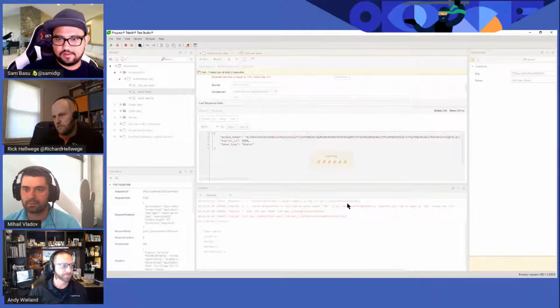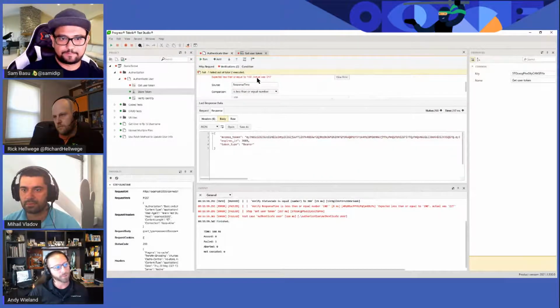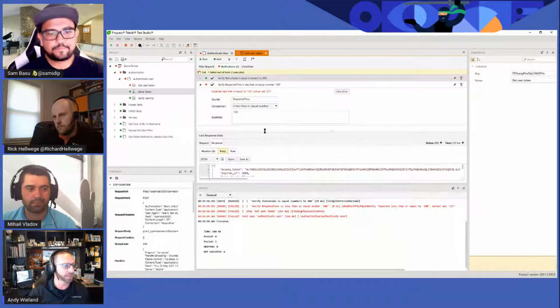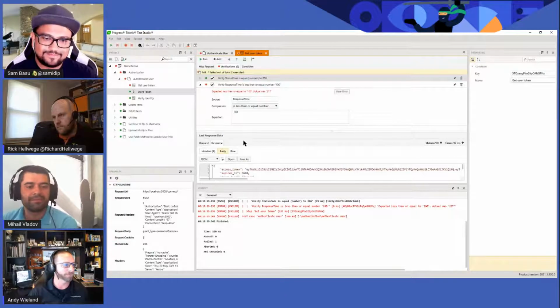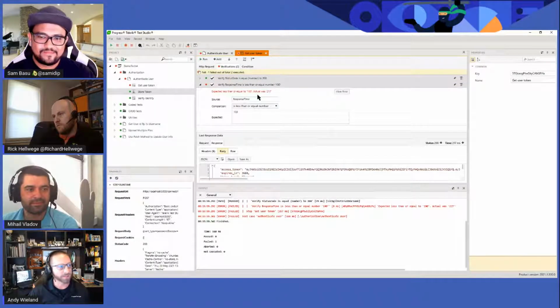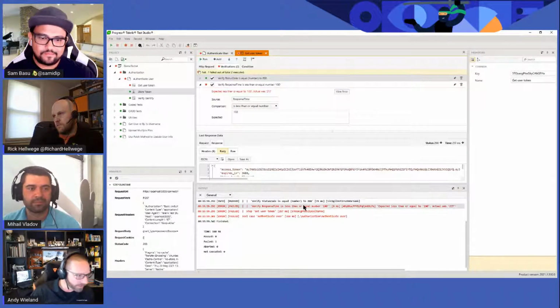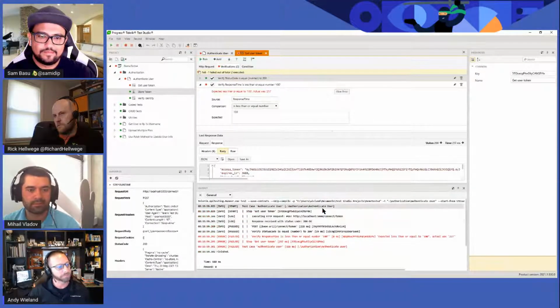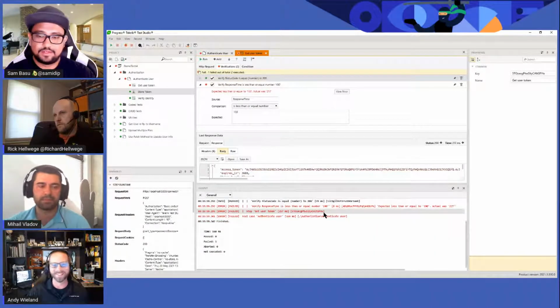Exactly. Yep. Interesting. So here I just lowered that response time, and you can see I got an error, right? I got a failure. So we expected less than 100. It was 217. And here we can see some of that detail as well. So not a whole lot. Obviously, no cool pictures and stuff like we see in the web testing. But hey, it's API. No, but this is a lot of fun.